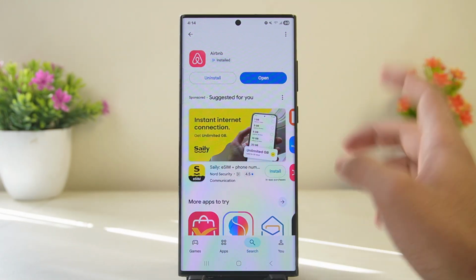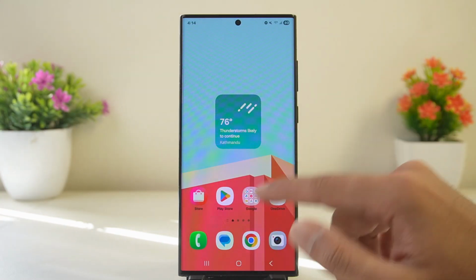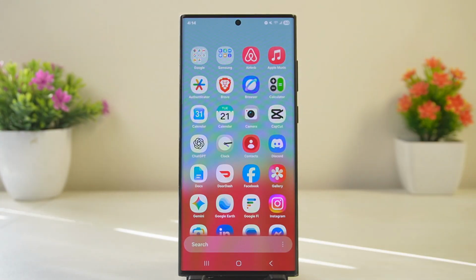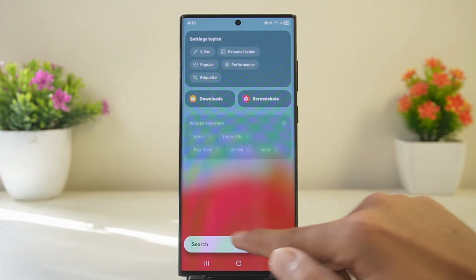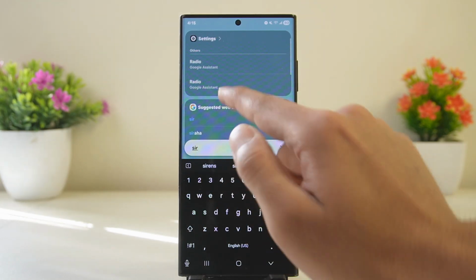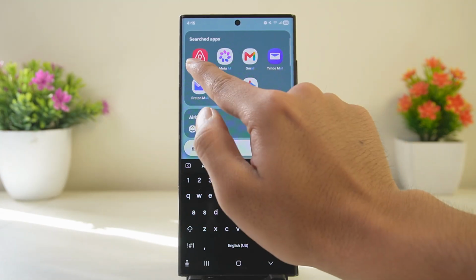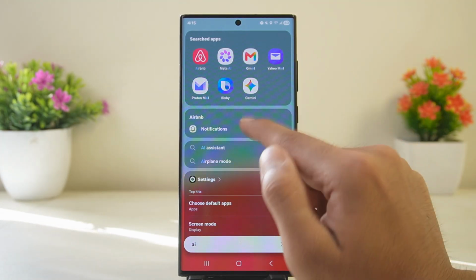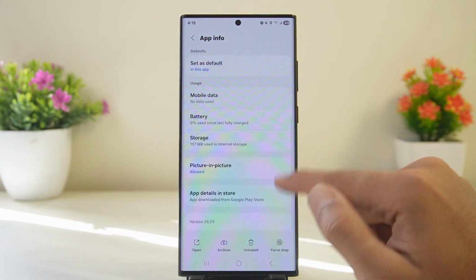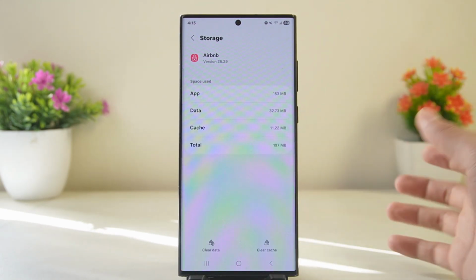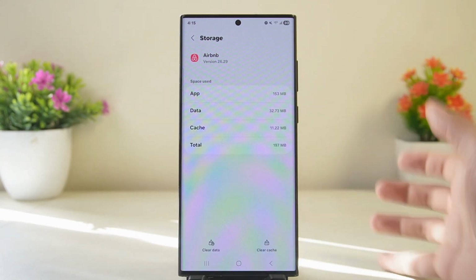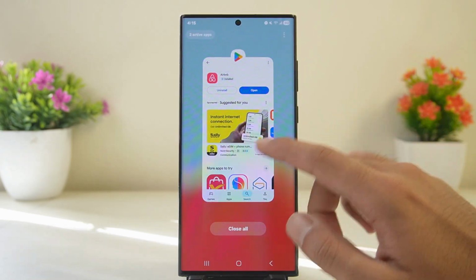So what you want to do is head backwards to your homepage and open the app drawer. From here, locate the Airbnb application icon. Once you find it, long press it, then access the app info of Airbnb. Scroll downwards until you find the storage option, then proceed to clear the cache to remove any unwanted and corrupted